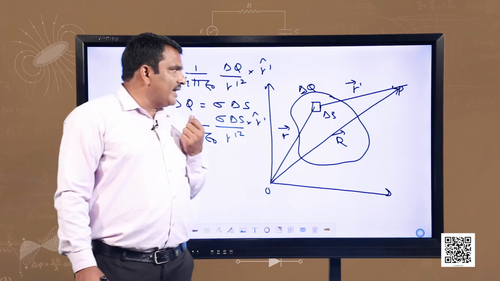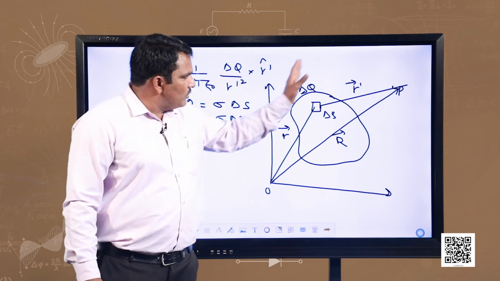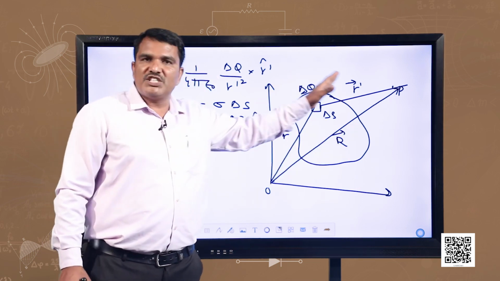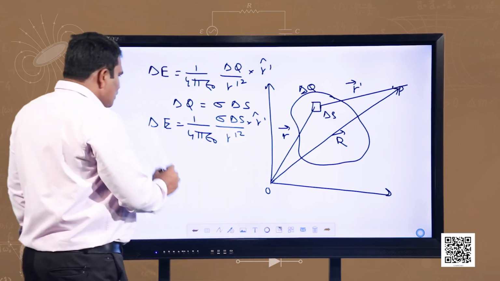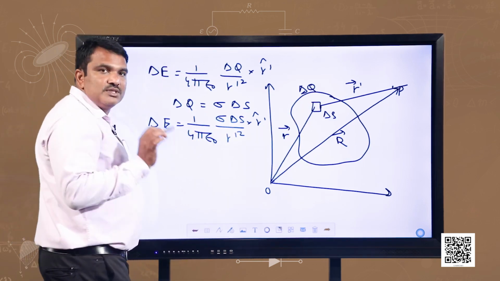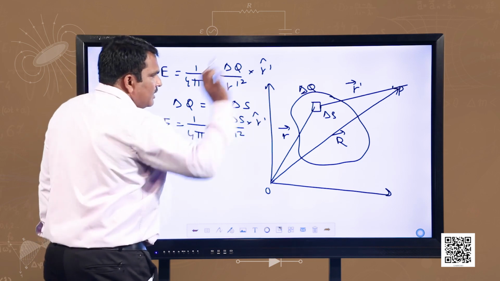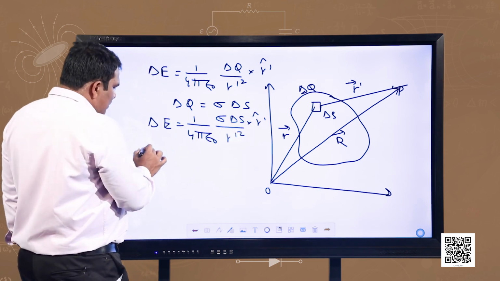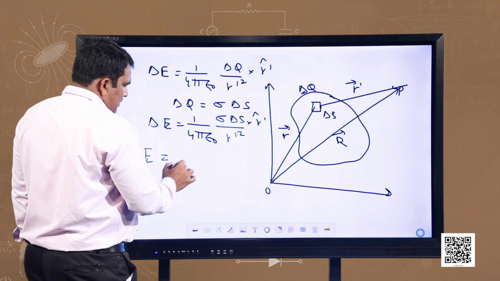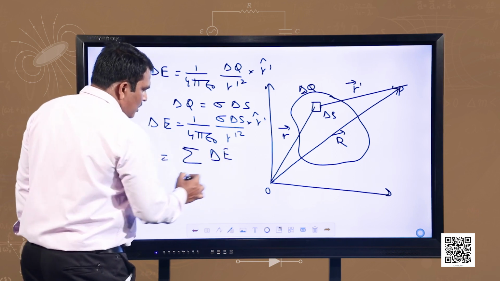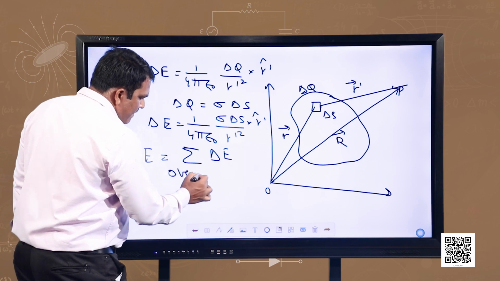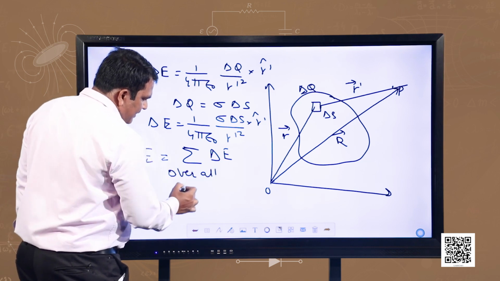Now, to find the electric field due to the whole charge present on the surface of this conductor, we can do a summation over all area elements. So, the net electric field will be the summation of delta E over all delta S,